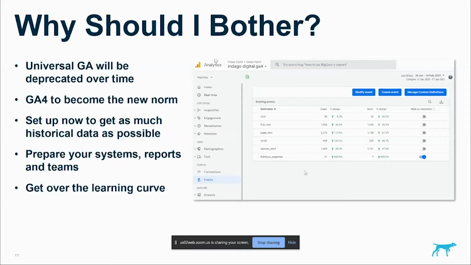Google's mandate at the moment is that GA4 isn't really a finished product per se. You shouldn't really rely on GA4 for all of your reporting. Their recommendation is to run both GA4 and Universal Analytics in parallel. Still rely on Universal Analytics for your reporting as you are doing right now, but then switch over to GA4 when everything is ready and Google has updated and enhanced all the reports within GA4.